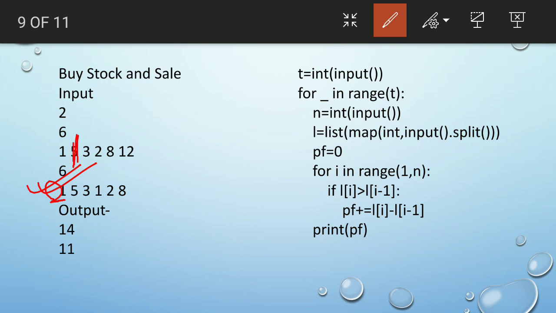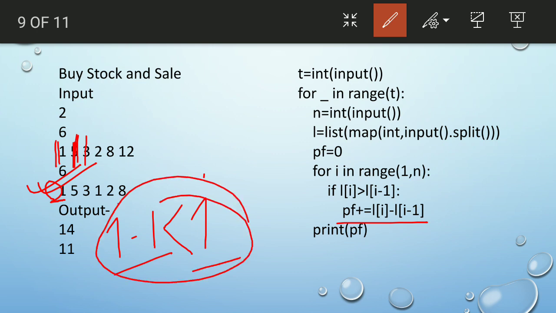If this value is greater than the previous value, then yes, we can sell it and we will get a profit. That profit is added. Simple. We are taking the I and checking with the I minus 1. If this I is greater than I minus 1, then we take the difference and add it to the profit. That's it. That is the buy and sell stock.